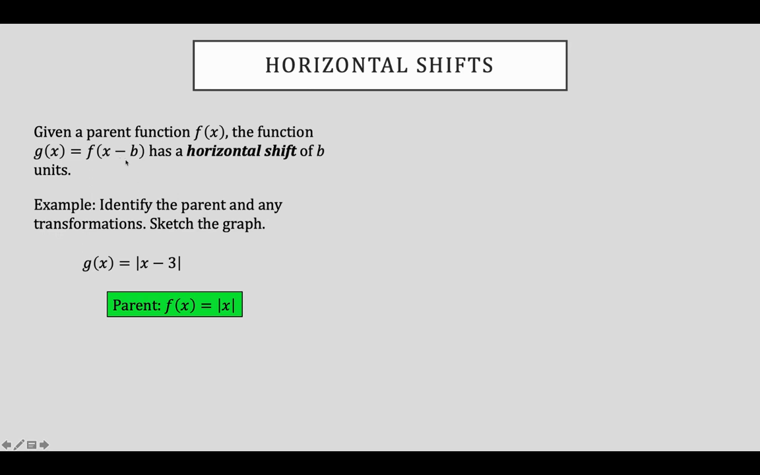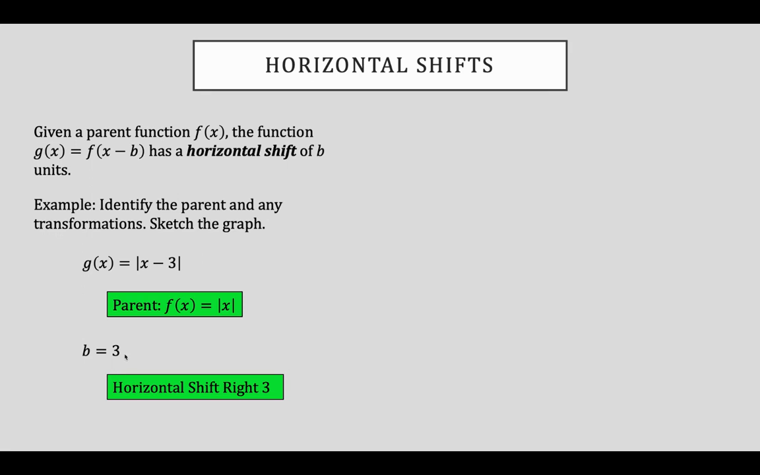Again, when you subtract a quantity inside of the parent function, that's going to generate a horizontal shift. To figure out what our horizontal shift is, we need to identify this constant b. Remember, it comes in the form of x minus b, which means in this particular case, our b value is going to be 3. That would give us x minus 3 inside of the parent function. Because b is positive 3, this means that our graph is going to have a horizontal shift to the right